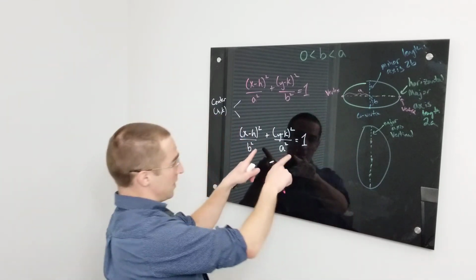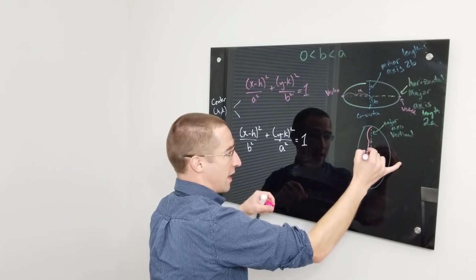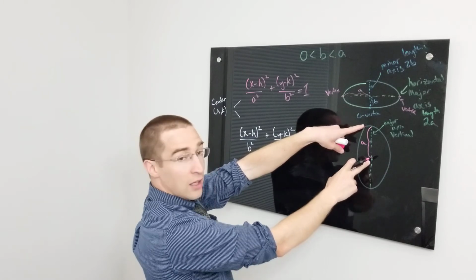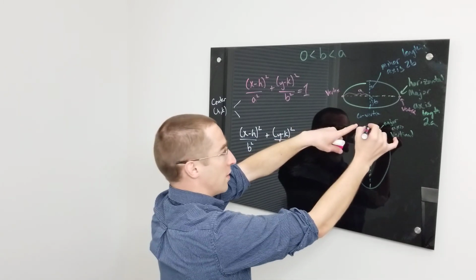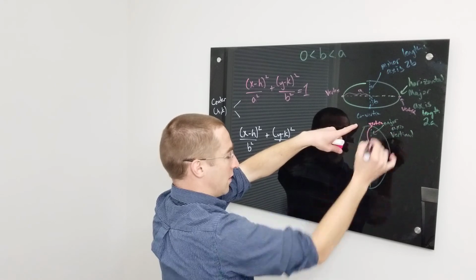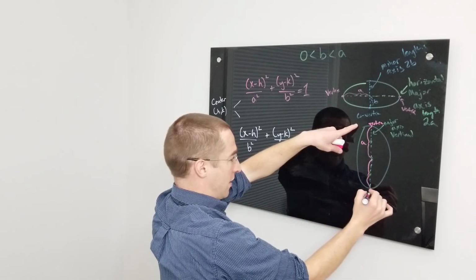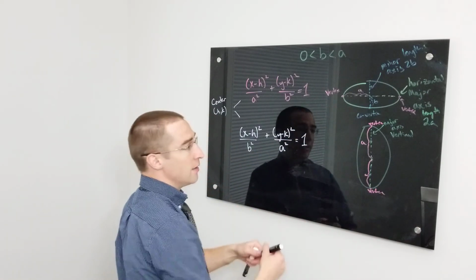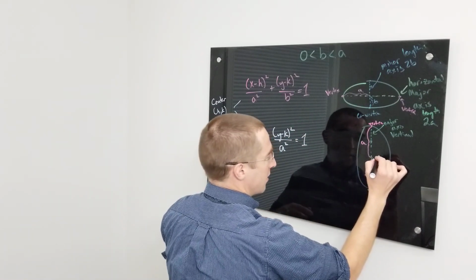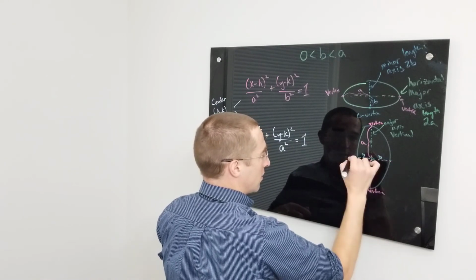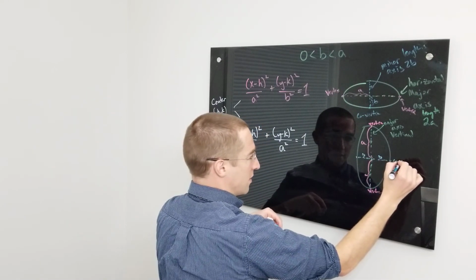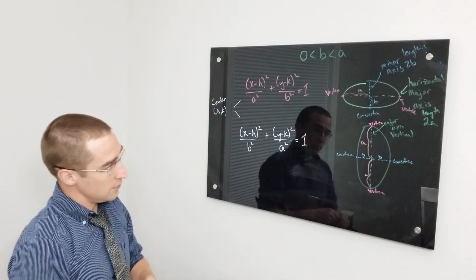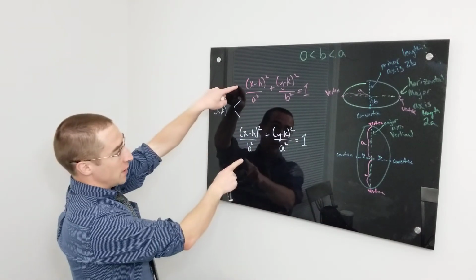So in this case, with a vertical major axis, a is still the distance along the major axis from the center to the vertex, right? So that would also be a, vertex. And then b is the distance from the center to the co-vertices. Co-vertex, co-vertex. All right, so basically between these two,